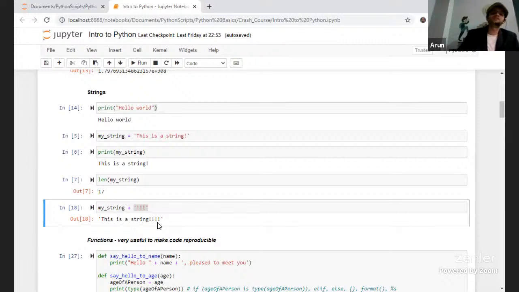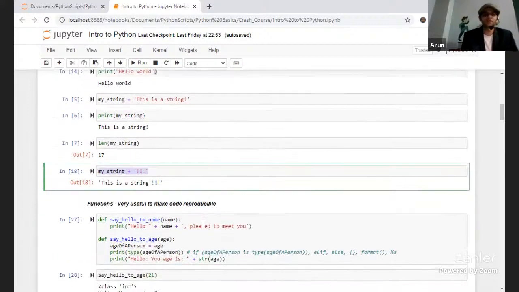It is going to be "This is a string" with one exclamation mark, but not the 4 exclamation marks. Why? Because we have not assigned this value back to any variable. Had we assigned back my underscore string equal to my underscore string plus 3 exclamation marks, then if you printed my underscore string later, it would show "This is a string" with 4 exclamation marks. But now it's not the case.